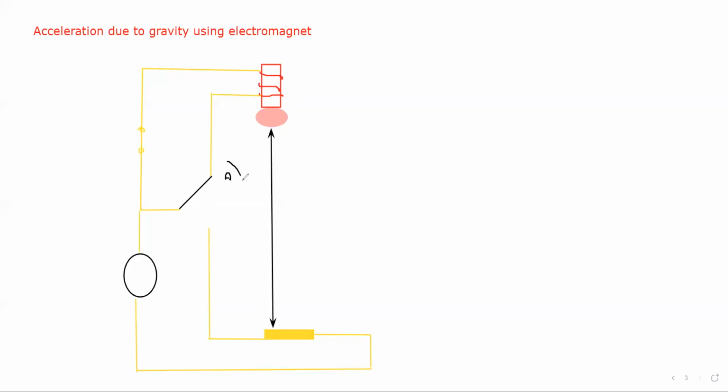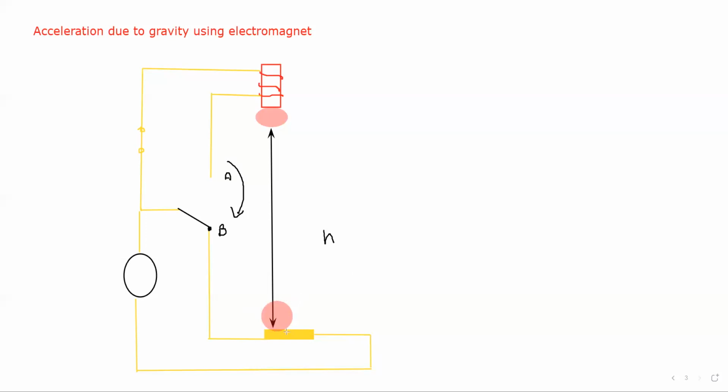Now, the moment we move this two-way switch to position B, what happens? Now B is in connection, so the electromagnet will be demagnetized. The moment it demagnetizes, the ball will start to fall. We know the height the ball will fall, and the moment the ball hits the tap switch,